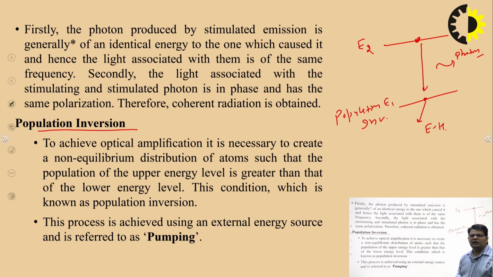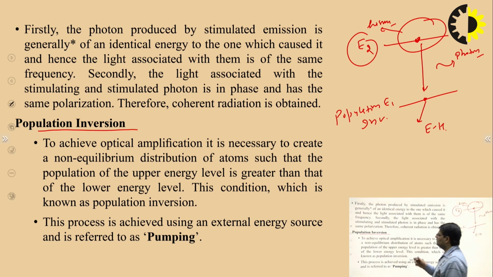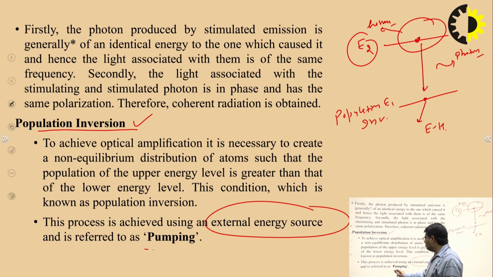These photons can be released only when we have higher density in the upper state. That means the particles present in the higher state should have higher density as compared to the lower state. This process is known as population inversion, and this can be achieved with the help of